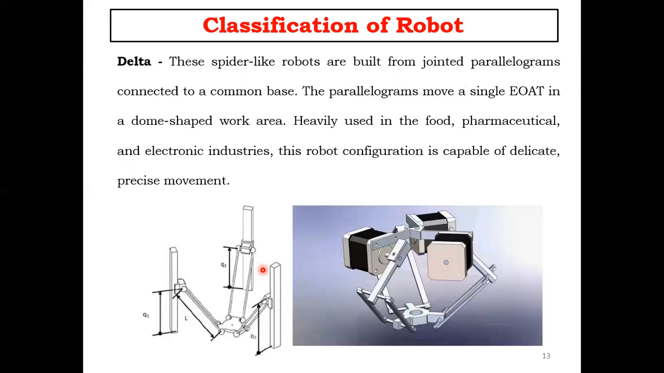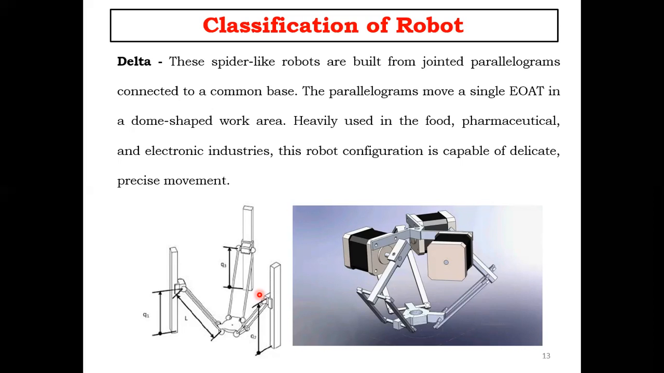Delta. This is a special type of robot. These spider-like robots are built from joint parallelograms connected to a common base. Okay, this is the parallelogram. The parallelograms move a single EOAT in a domed shape work area. That is end effector tooling, that is EOAT. It is heavily used in the food,